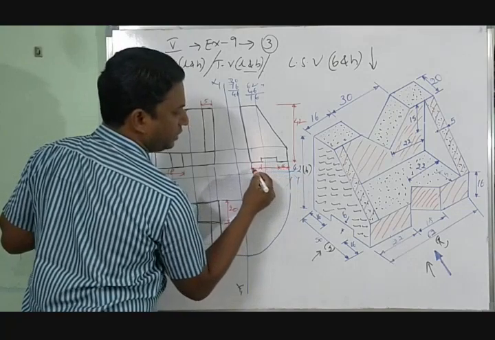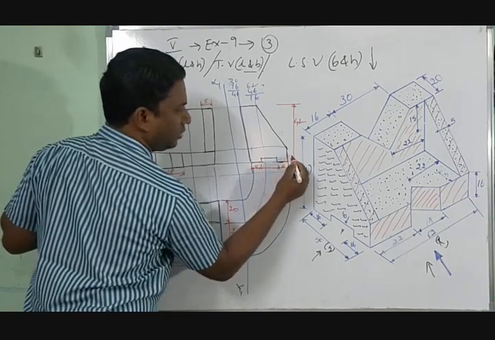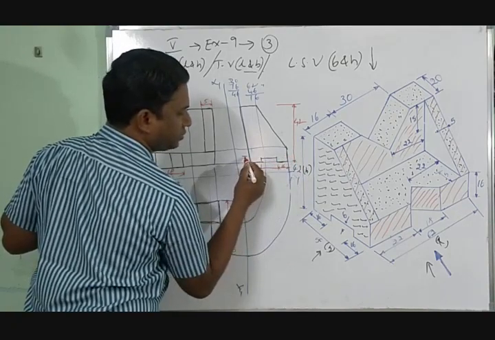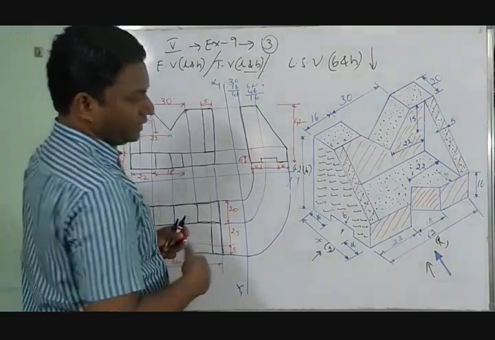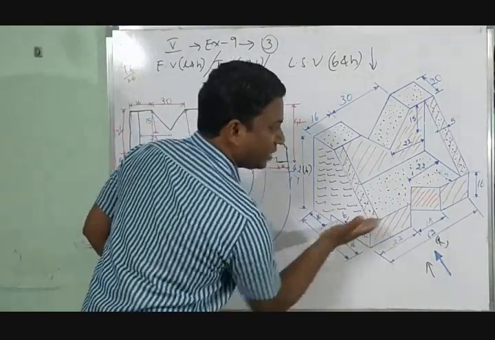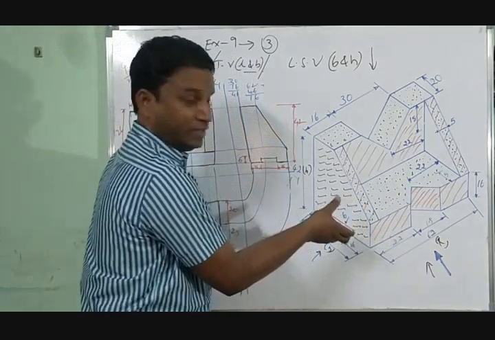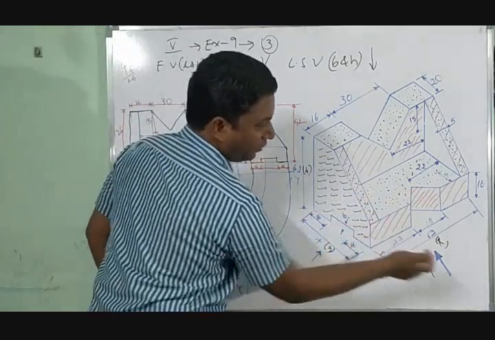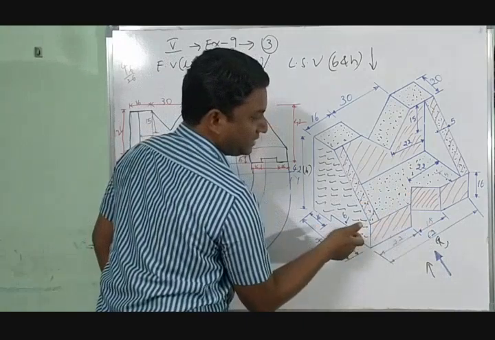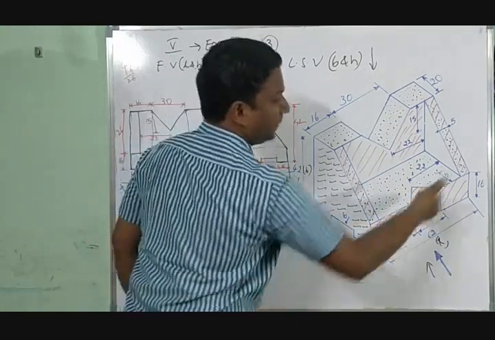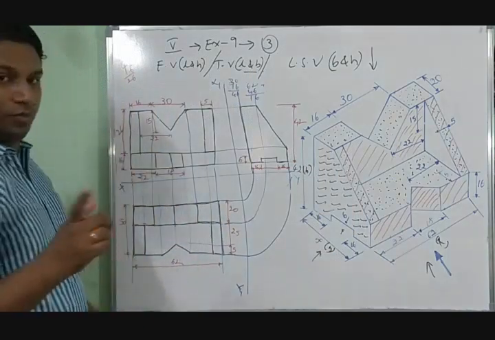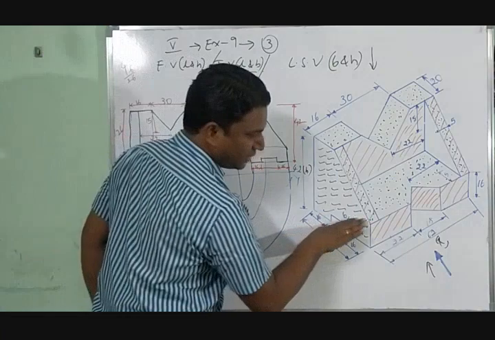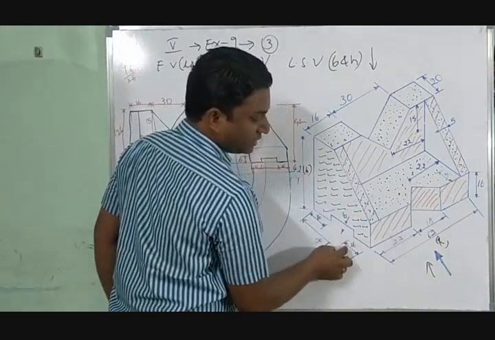Here to here it is 16, here to here it is 16. Now in this, any detail if you are supposed to show is this undercut as 6. Now think here, the 6 undercut is inside of the bottom rectangle or bottom wedge. 6 here inside. Now when you are looking from the front view, this 6 will be inside. That means you are supposed to show a hidden line in the front view. Hope you are understanding. This 6 is inside passing through like this, right? At a distance of 16.